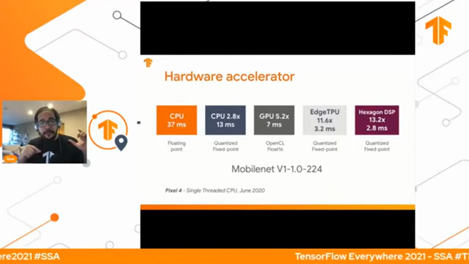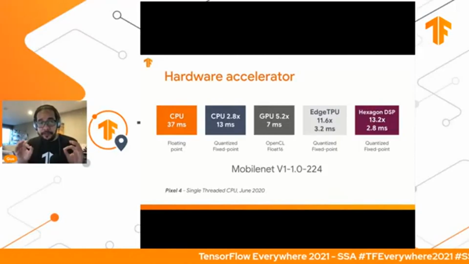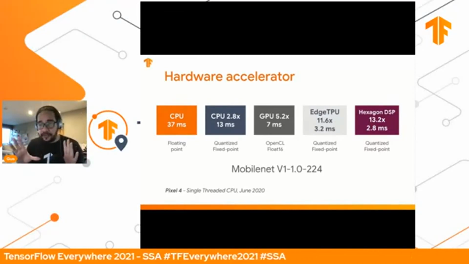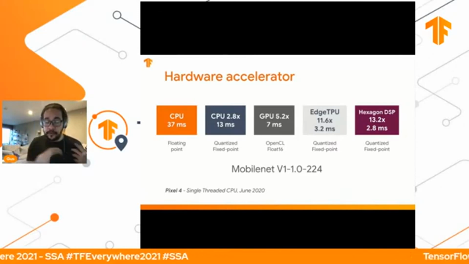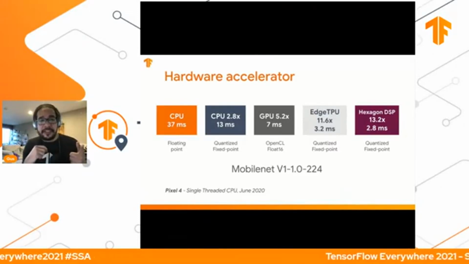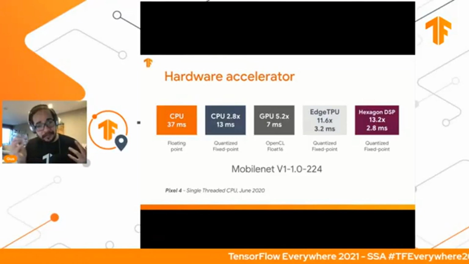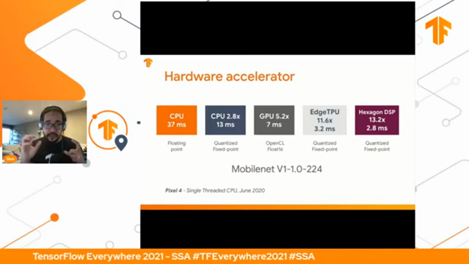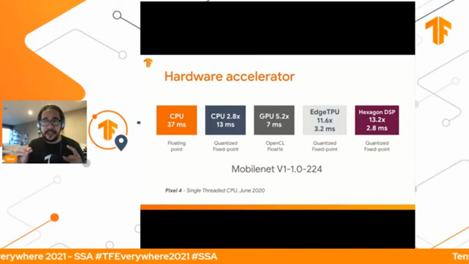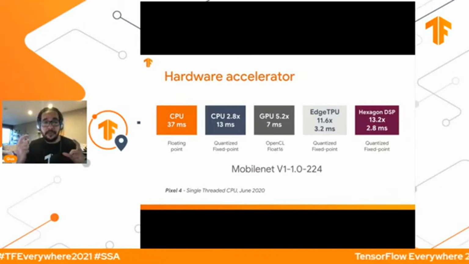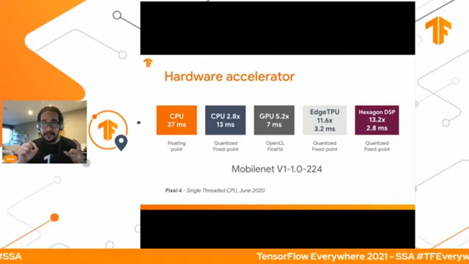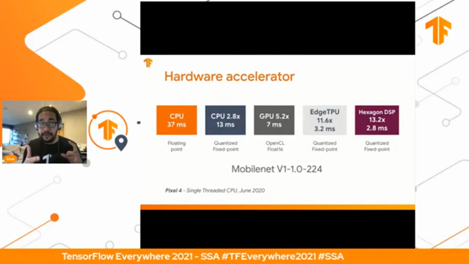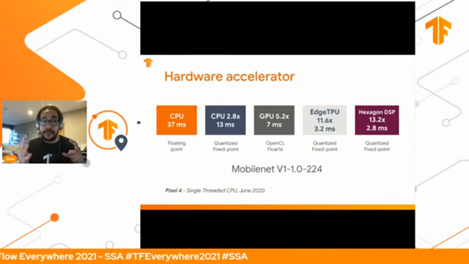First of all, if you run your model on device only on the CPU, this is for the MobileNet V1, right? It's a model whose architecture is already focused on running on device. It will take 37 milliseconds. 37, not great. You cannot run every frame. If you quantize the model and it still runs on the CPU, remember, CPU is not specialized in running machine learning models, right? It will drop from 37 to 13 milliseconds, which means it can run every frame now. So the quantized version of the same model is already almost 3 times faster.